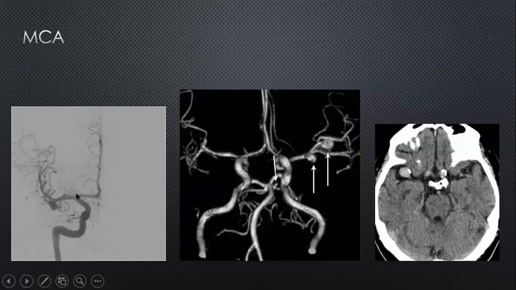It's important to recognize the length of the M1 segment, especially when contemplating surgery, because a short M1 segment would mean that the aneurysm or the MCA bifurcation is going to be quite deep from the skull vault itself. So it's important to recognize and communicate with the treating physician how the M1 segment looks and what its length is.